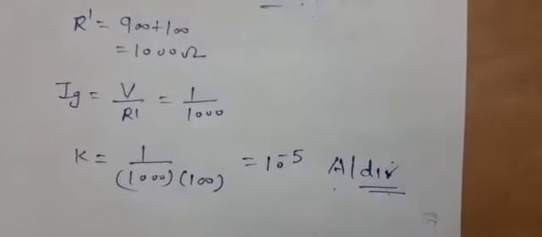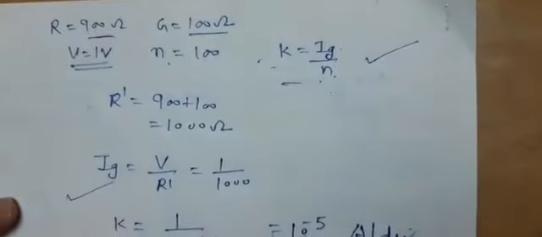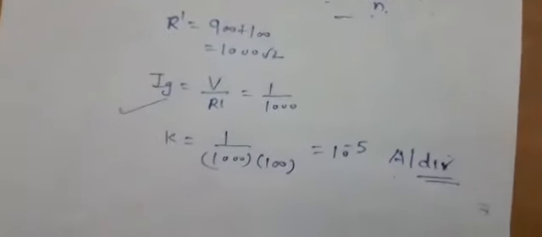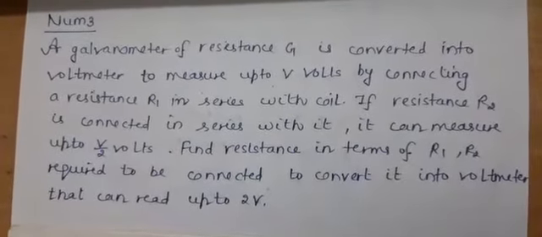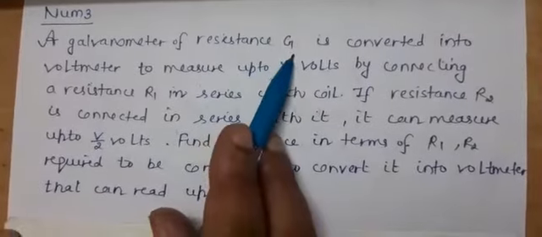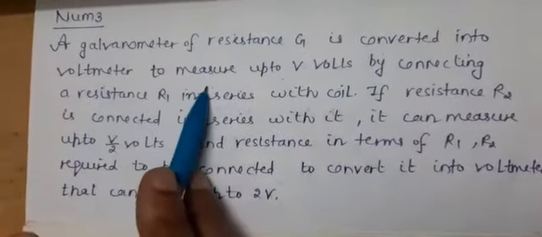So this is almost a simple question. Basic concept, you have to learn the formula of this figure of merit and the formula how to find the current in the circuit. Now next numerical: a galvanometer of resistance G is converted into voltmeter to measure up to